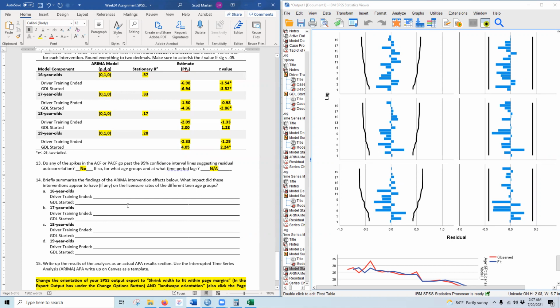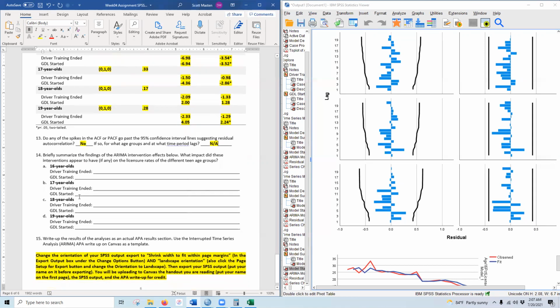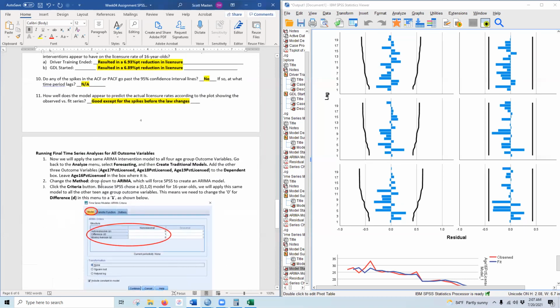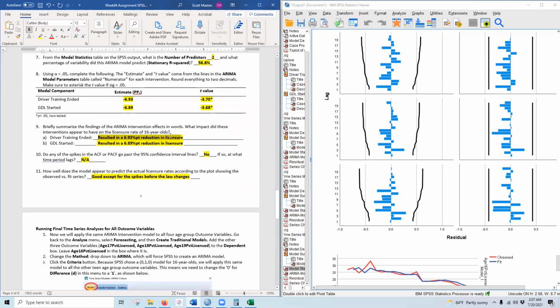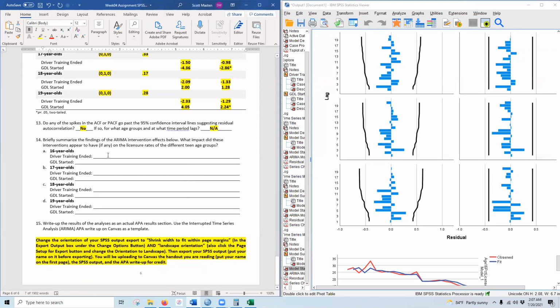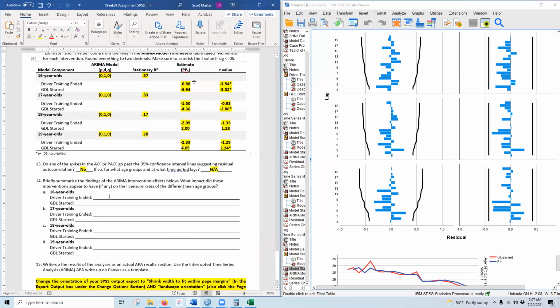All right, let's briefly summarize the findings for each one of these. I'm going to cheat a little bit since we already did these. For 16-year-old driver training, we're looking at these two things, both of which were significant. The first one resulted in a